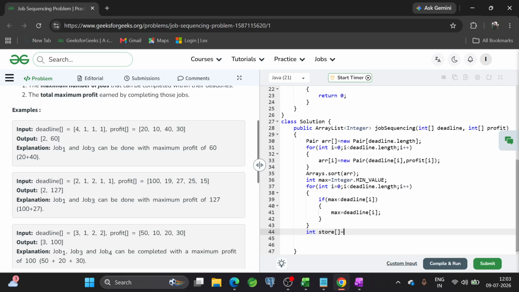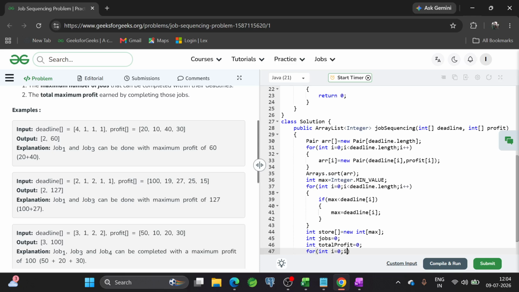For int store equal to new int of size max. Then I have to count the jobs: jobs equal to 0, and profit, total profit equal to 0.